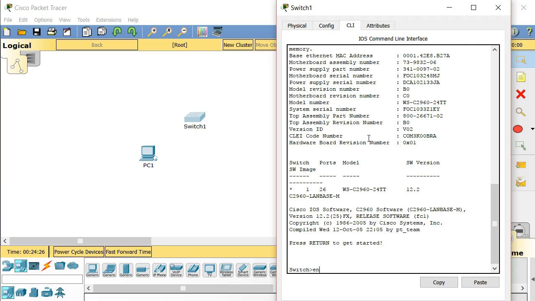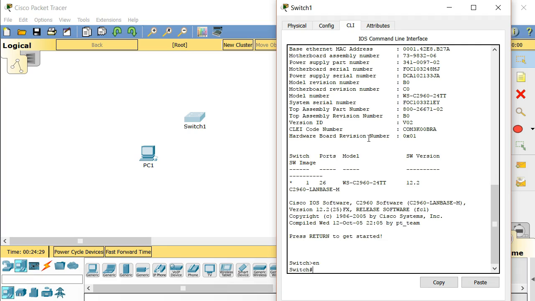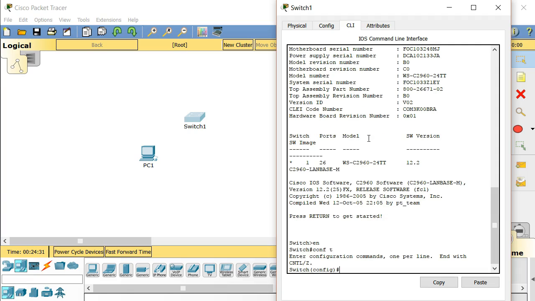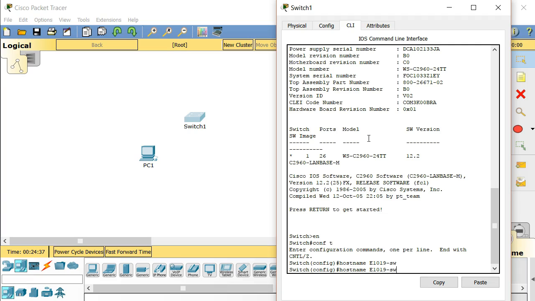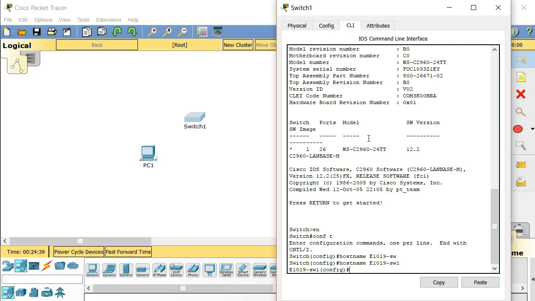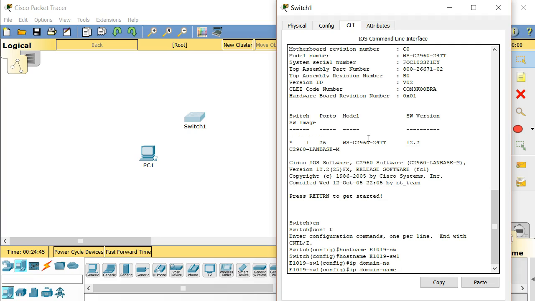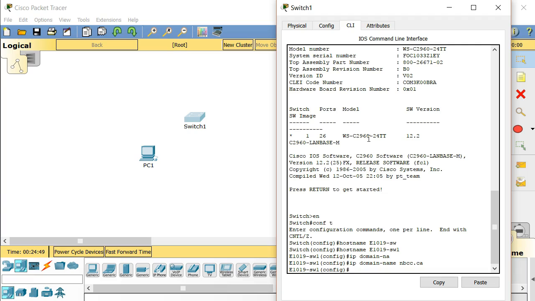And so one of the first things that you would want to do in configuring SSH was to set the host name. You can quickly do that with the hostname command. Maybe I'll just change this to like E1019 switch 1. Okay, so that changes the host name. Now I need a domain name. IP domain name, maybe MBCC.CA. Okay, so now I have both a host name and a domain name, both required for configuration of SSH, and